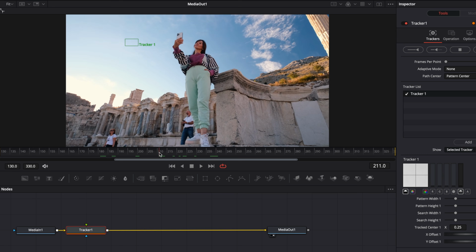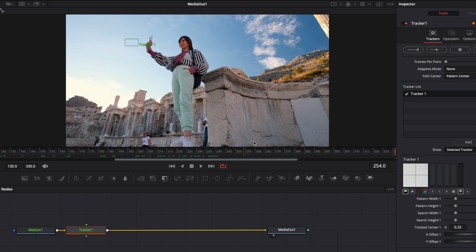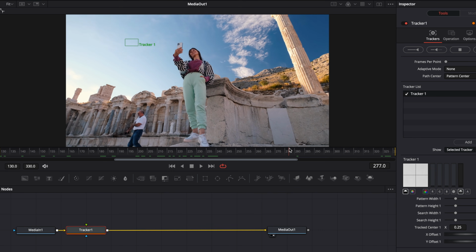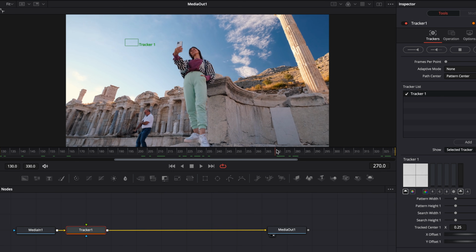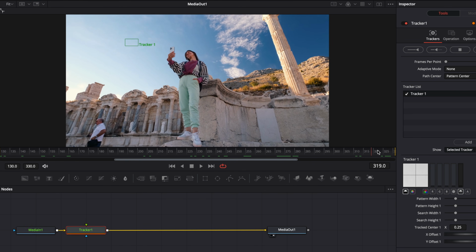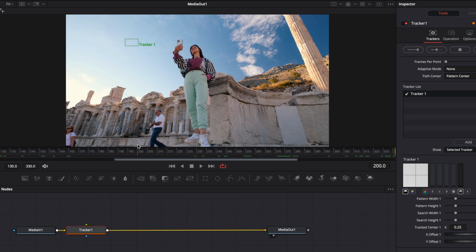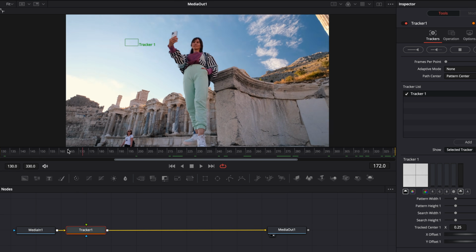And using the playhead down here in the timeline, you can move forward through your footage and move backwards through your footage as well. And what we want to do for a tracker is find a piece that has a really nice, good bit of contrast that's going to track all the way through. And what I like to do is go to my end frame and see what's solid there. Then go to my middle frame and see if it's solid there as well, and then go to the start.